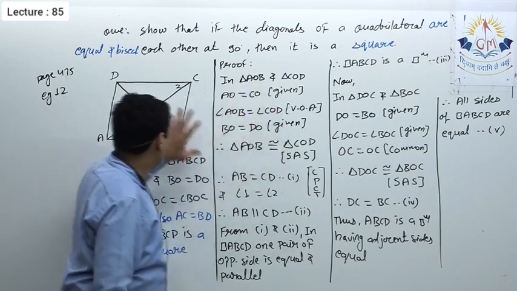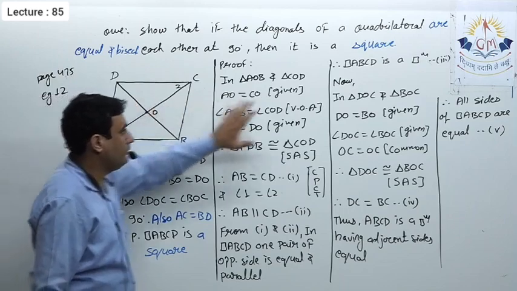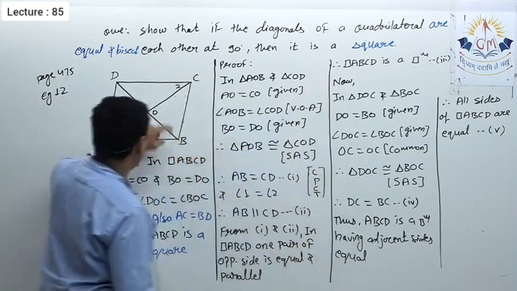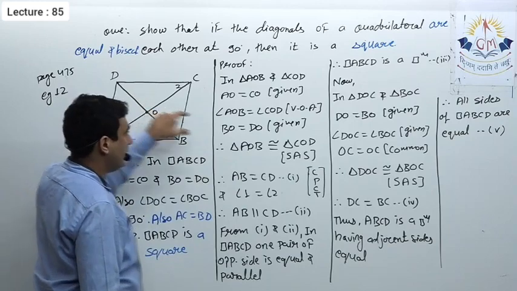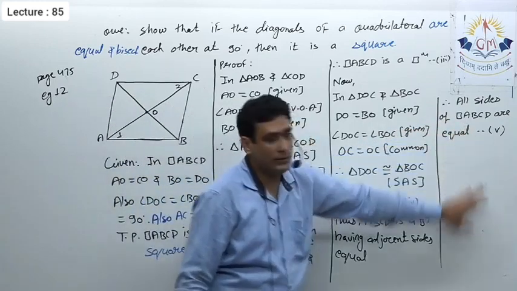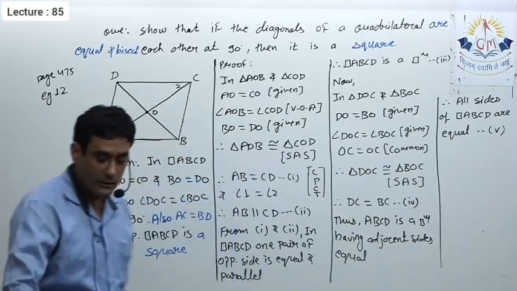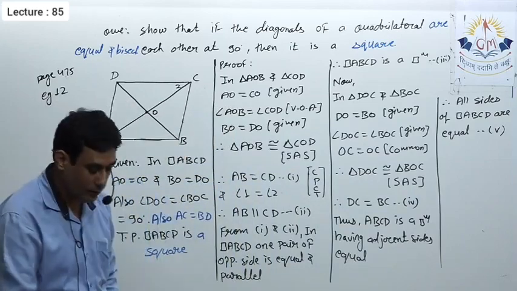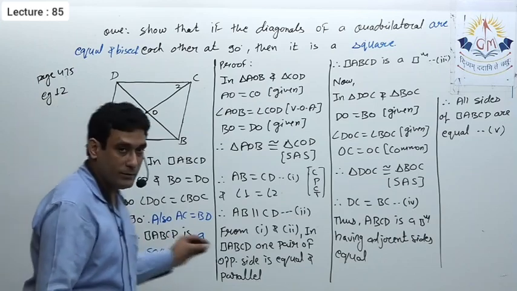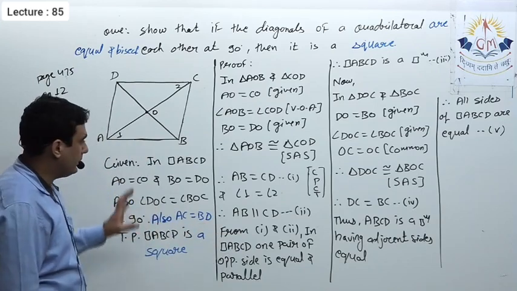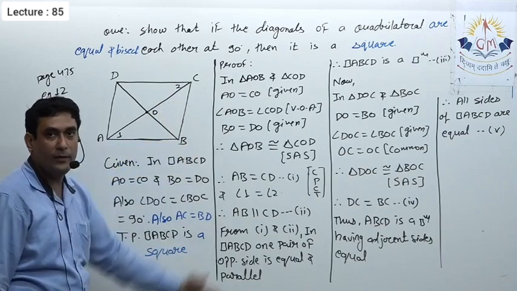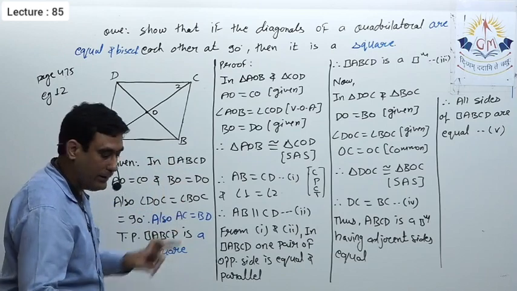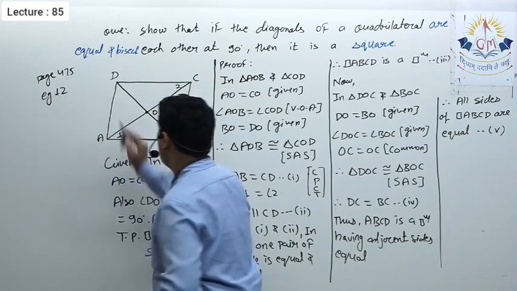So first of all we have to prove it's a parallelogram, so we prove parallelogram in the same manner. Then we have to prove all its sides are equal, so here we proved all its sides are equal. Now one thing is left, that we have to prove one of its angles is 90 degrees. So first let me tell you that in short, then I will give you time to note it down and then I will give you the remaining solution. See, now to prove one of its angles is 90 degrees, I will take triangle DAB.